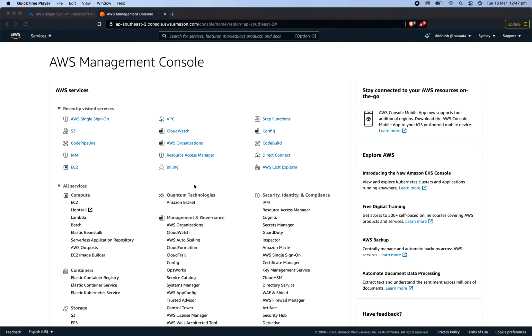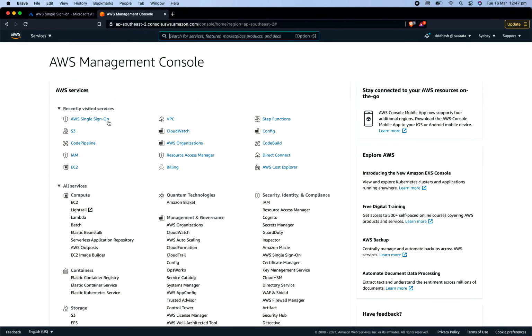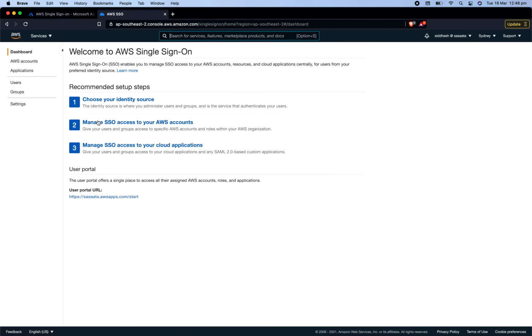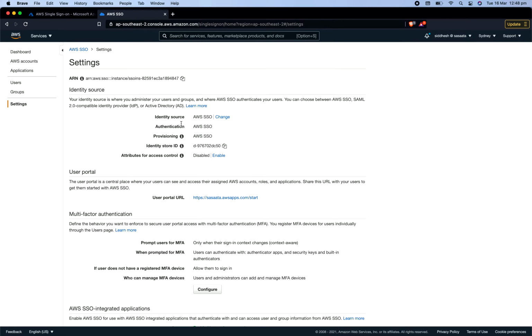To navigate to your AWS management console, choose AWS single sign-on. You can search it here if you can't see it. I can because I've recently visited it. In here, click on choose your identity source. By default it will be AWS SSO. Click change